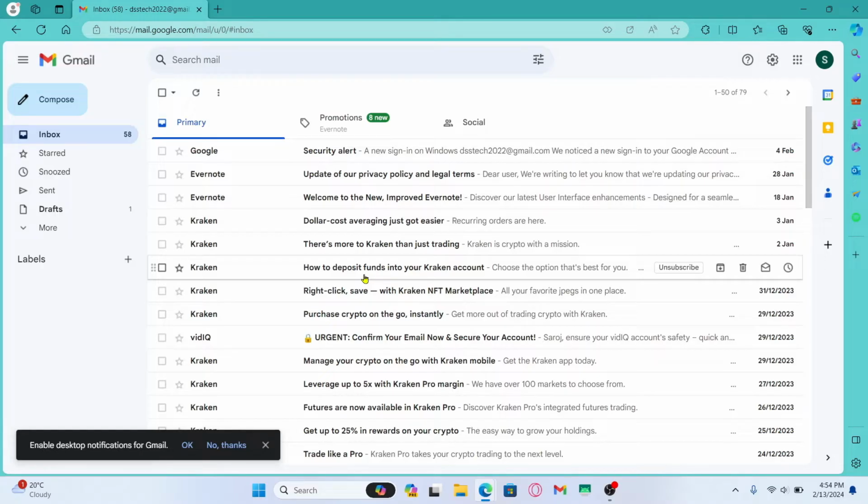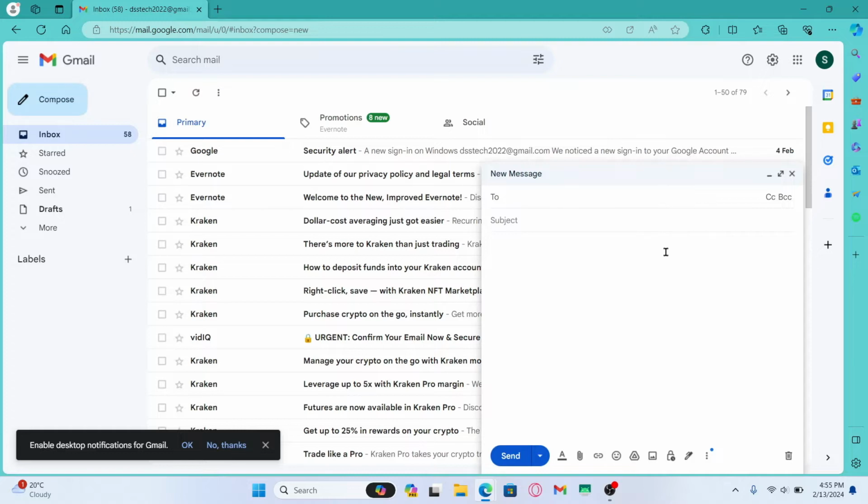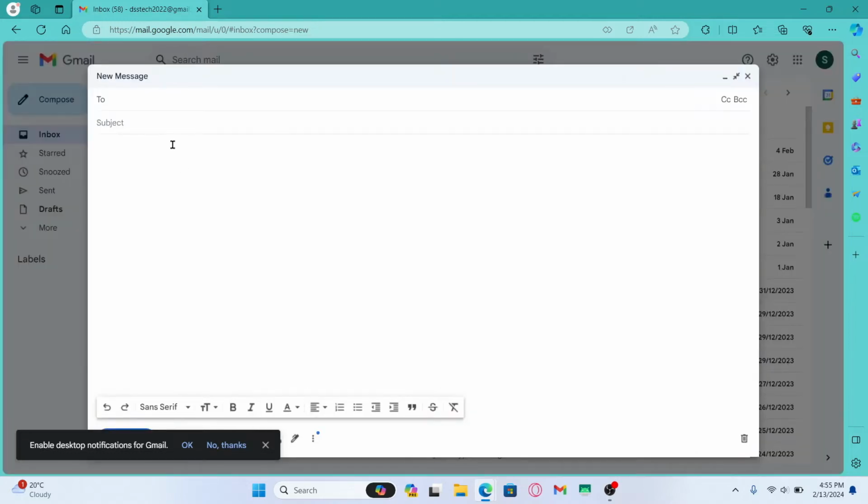Now from your inbox page, go ahead and click on the compose button in order to send your email that contains a hyperlink. Now after adding all of your necessary information, such as whom you want to send the email to and the subject and your main body, if you wish to add any links as a hyperlink,